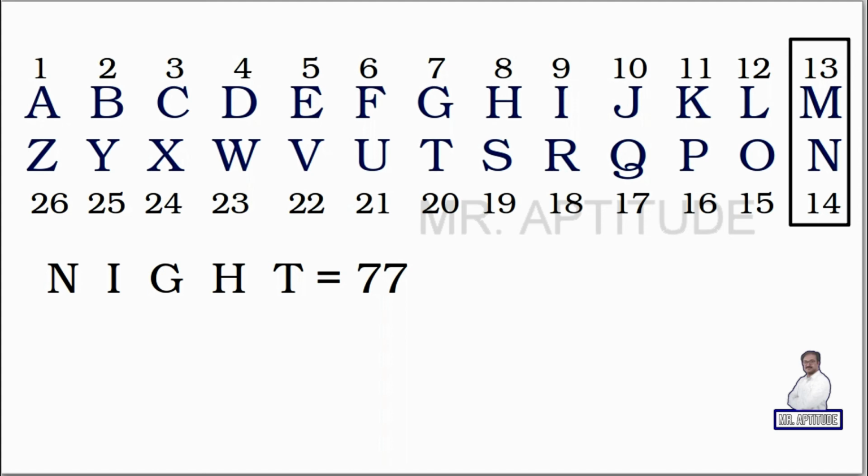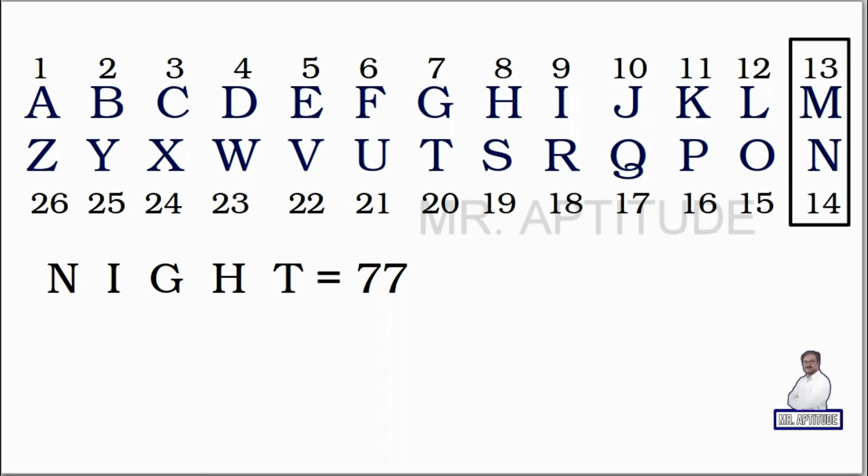If you observe a pair this way, when the sum of the place values of two letters is 27, those two letters are known as opposite letters to one another. So A is the antiletter of Z, Z is the antiletter of A. B is the antiletter of Y, and Y is the antiletter of B. And so on. M is the antiletter of N, N is the antiletter of M. You will observe 13 such pairs.